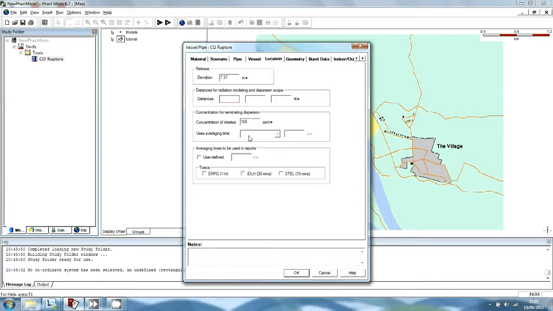After you have set this concentration and moved the cursor to a different field, the user average time below the concentration will acquire a red border, which shows that it is mandatory. You must specify the averaging time to be used in the calculation for stopping the dispersion. For a toxic release, the list allows you to choose the toxic averaging time or the time associated with the ERPG, IDLH or STEL measure of toxicity, or to specify a user-defined time. For this release, select the toxic option, which is set in the toxic parameters and has a default value of